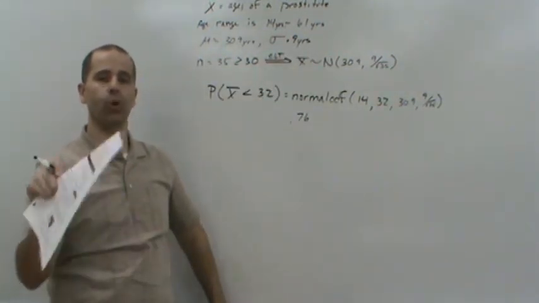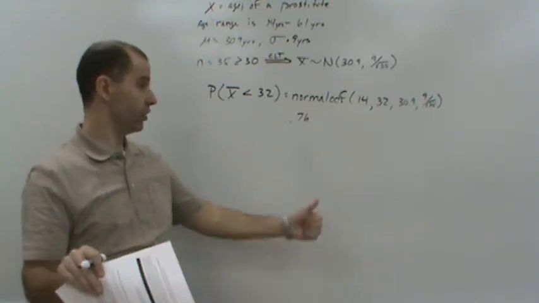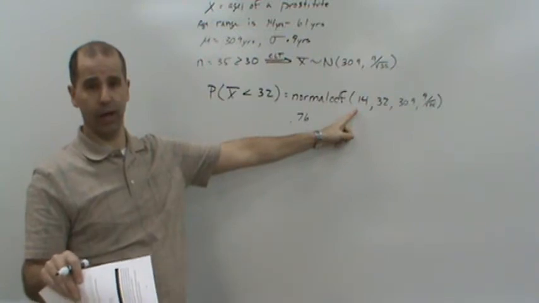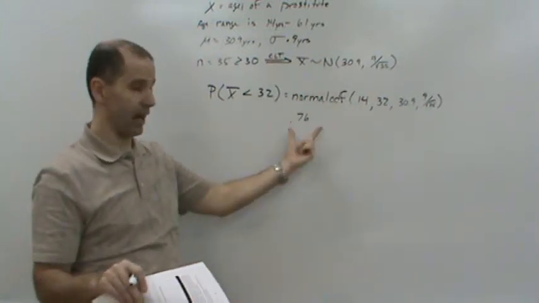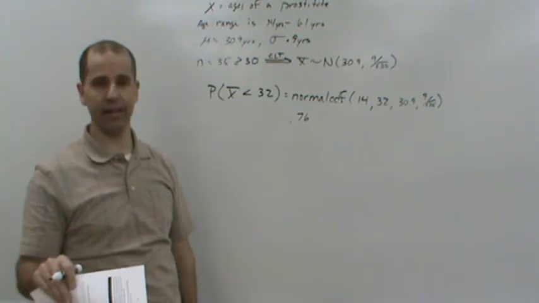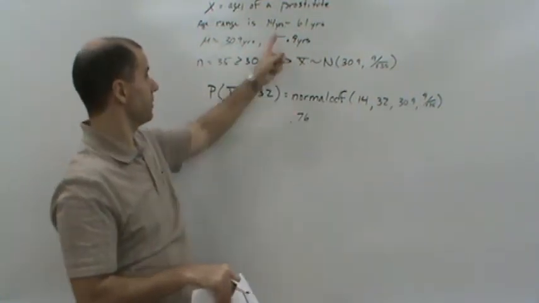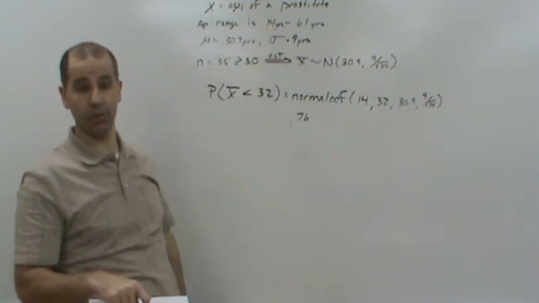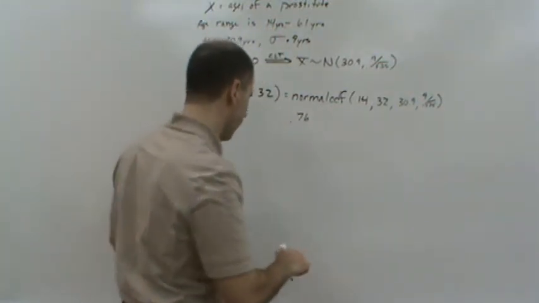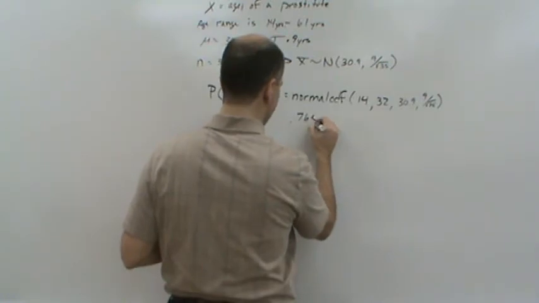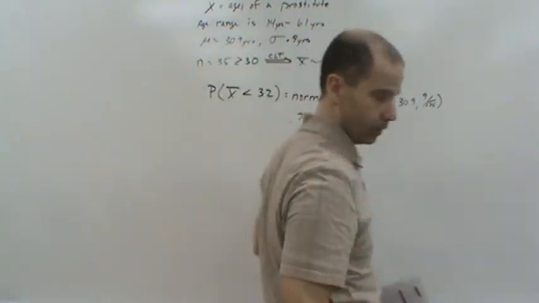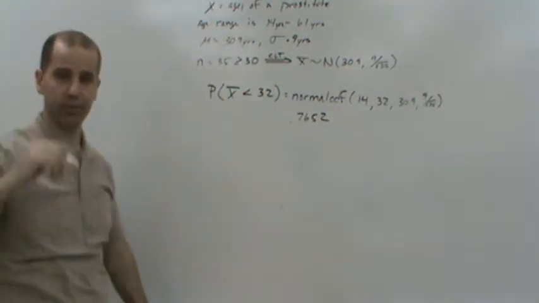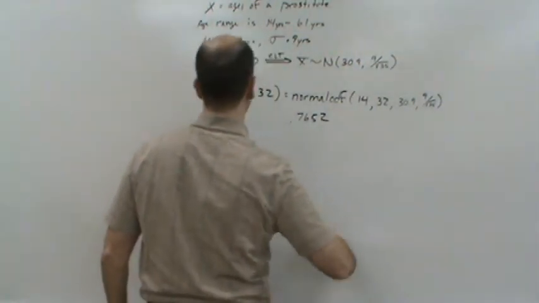Remember when I told you guys that in certain circumstances, you can always put in negative 10 to the 99 here for your lower bound, 0. It doesn't change, right? So here's a perfect example where it doesn't matter, because it's not going to change if you go lower than 14, because that's what the distribution is based on. So again, it's the same answer, 0.7652. So never mind, we get the same answer. So that's actually pretty good. So now let's do the